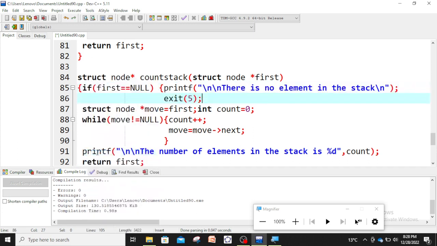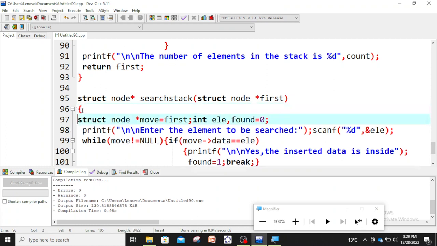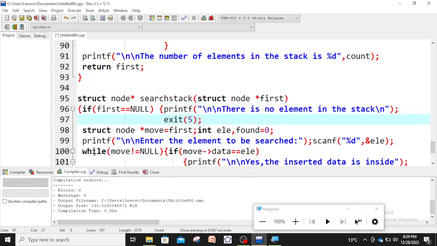Here I paste. I pasted, there is no element in the stack, and here it would be 6. Now there is still one more function, that is search stack, and in this also without creating a stack you cannot search. So the situation is the same, so I take the same C statements and here will be 7. Okay,